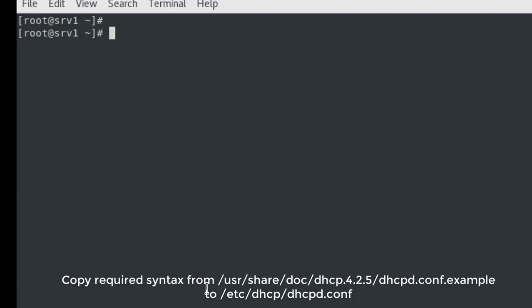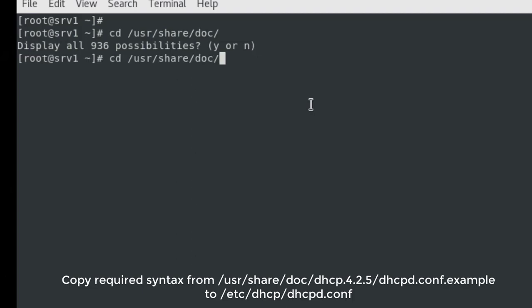You can either change your directory or you can use vi. Here I'm going to use cd to /usr/share/doc, and press tab for dhcp.